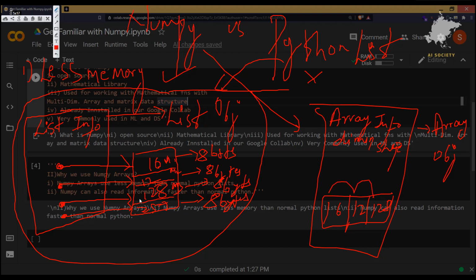But that's not the case in a Python list, which travels over different places in your heap space before presenting the output. That is why it takes more time in terms of speed. Let me type here, speed also.